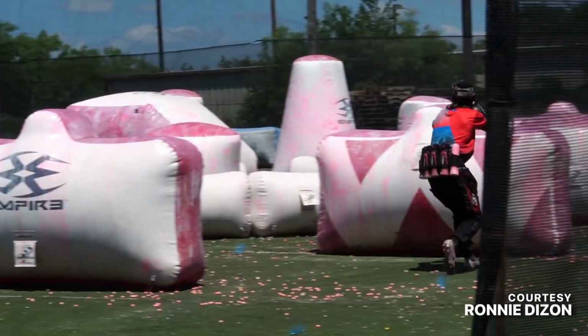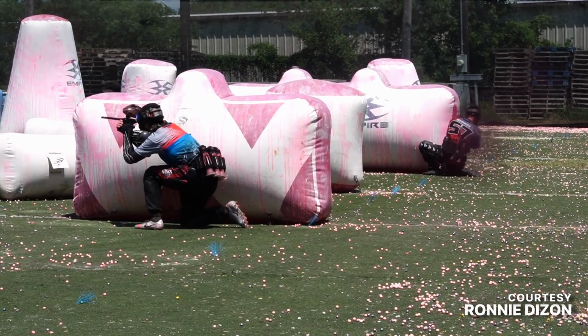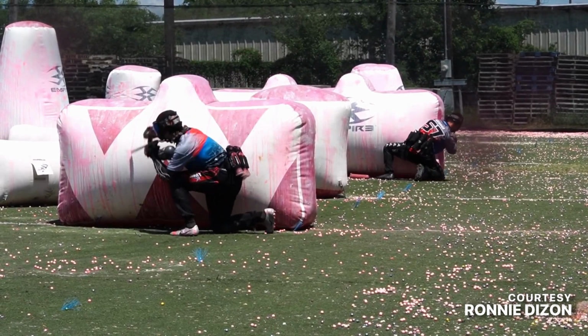But where good players separate themselves from average ones comes down to their ability to perceive details outside of what's directly in front of them, and thereby make decisions based off of those perceptions. And great players perceive an even smaller subset of those details. Let's take a look at a few examples of some cues that are available to you if you're paying attention,